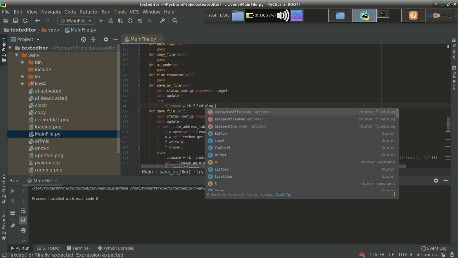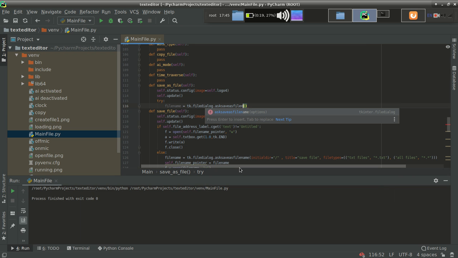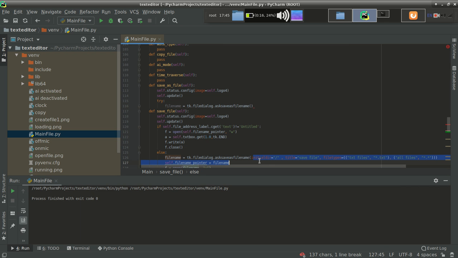File dialog, ask save as file name. It is displaying me ask save as file, but we have to use ask save as file name, otherwise the result will be ambiguous. So that's fine. Let's copy this code, because here we don't have to type, it is pre-written.